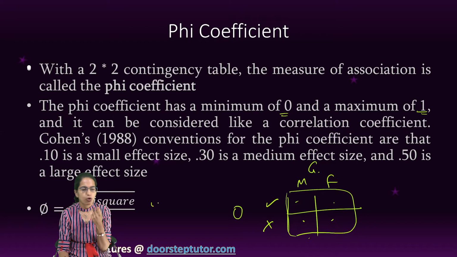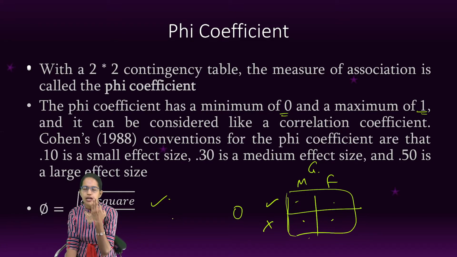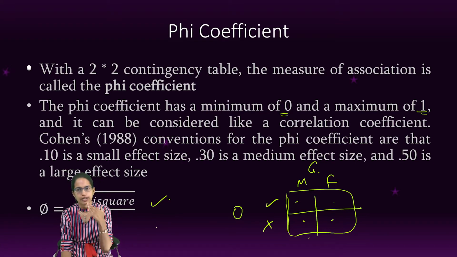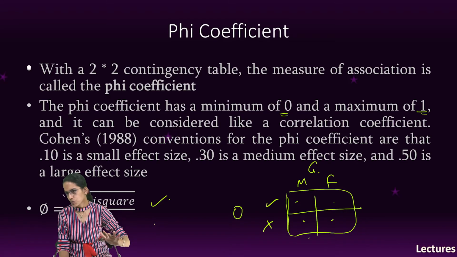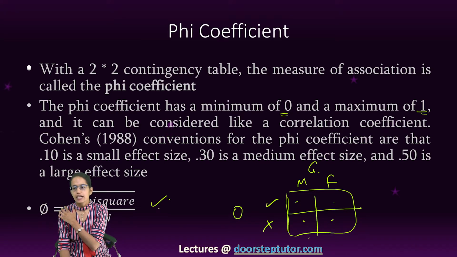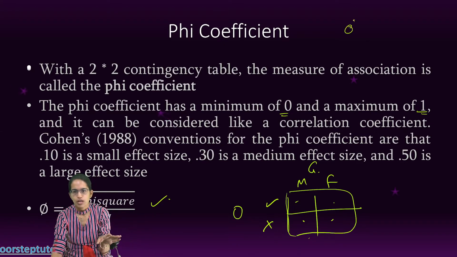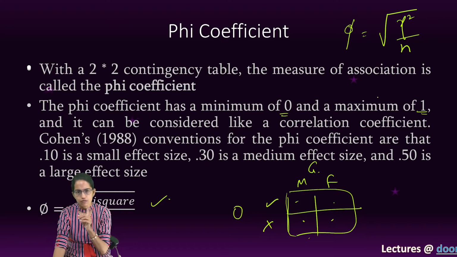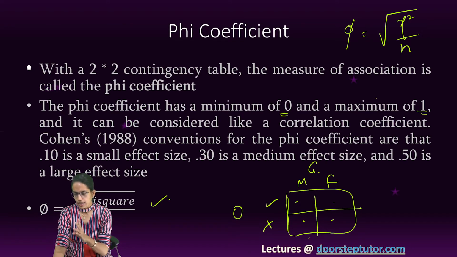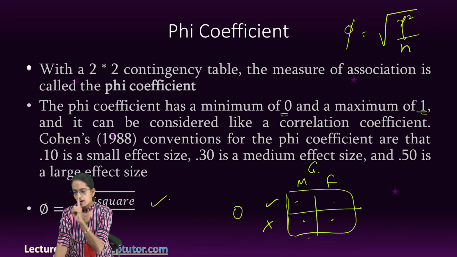And then we also calculate the phi coefficient with a simple formula, which is root of chi square divided by n. So far we have not covered chi square; it would come in our later classes when we would be talking about non-parametric tests in detail. We would understand this analysis there again, but just a formula for you to know as of now. Phi coefficient is nothing but root of chi square divided by n, and phi indicates that I am using a natural dichotomous variable.